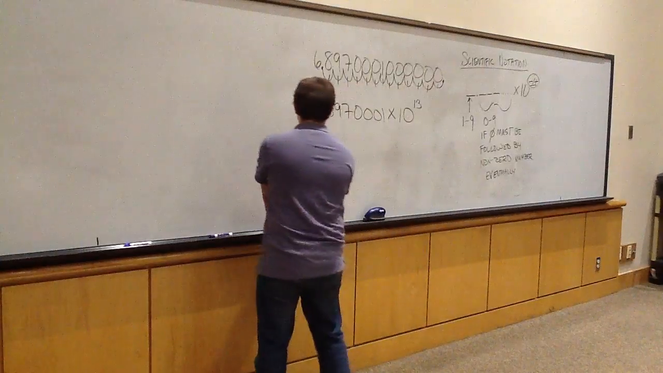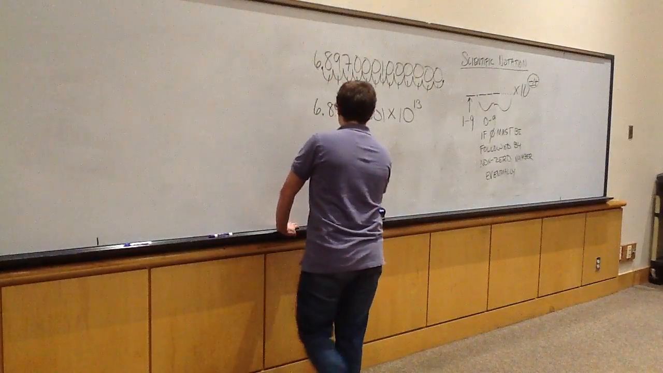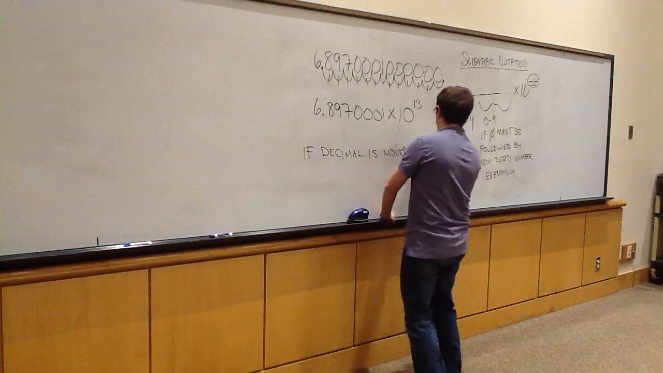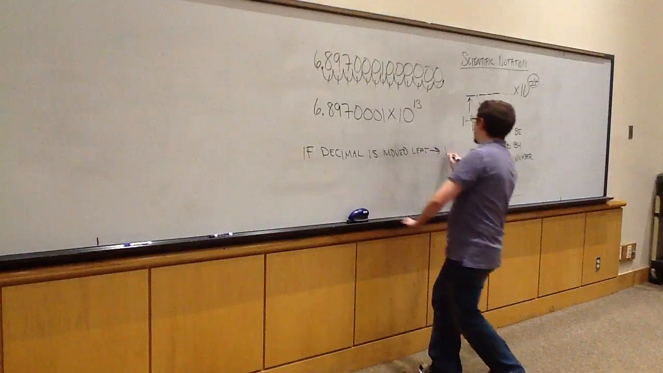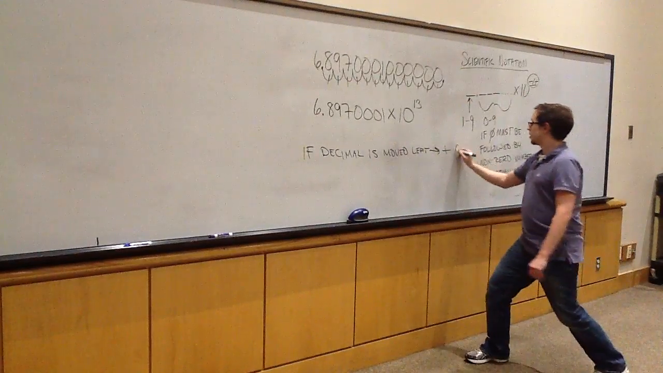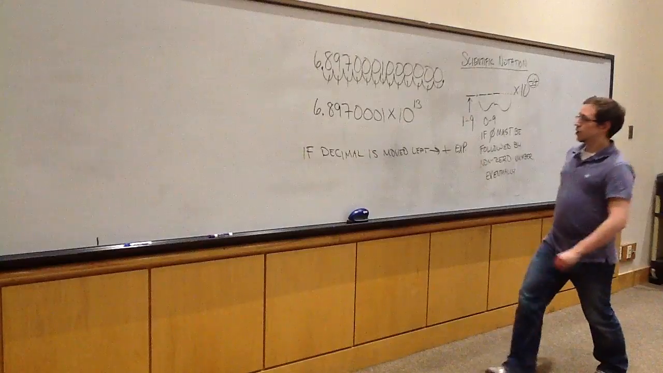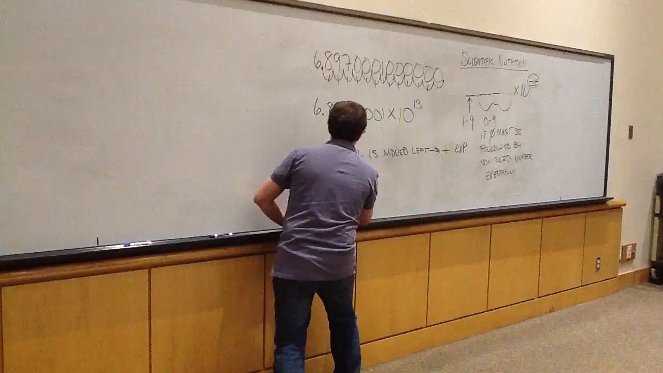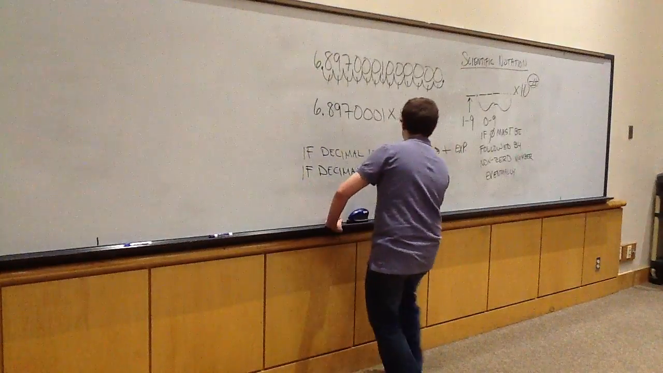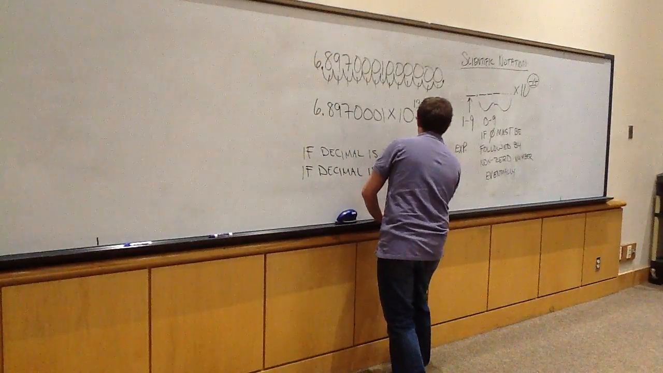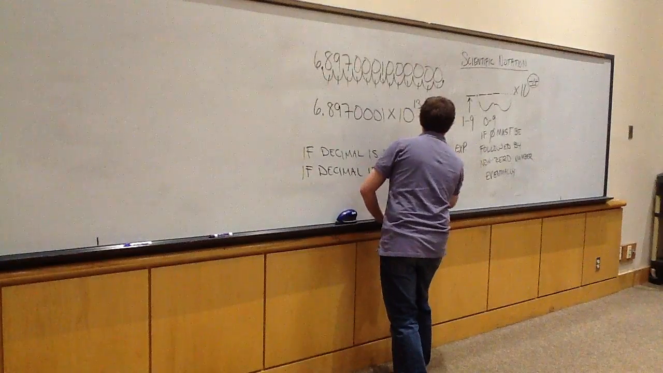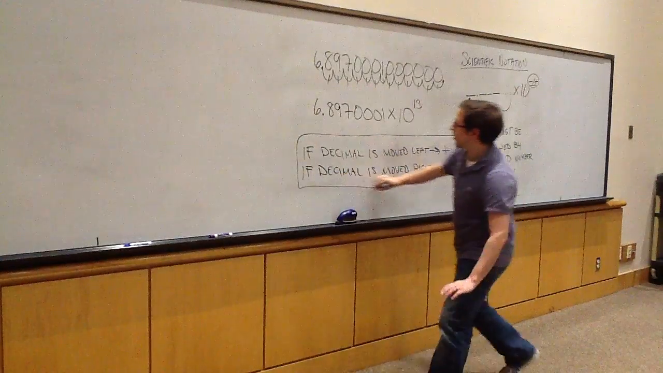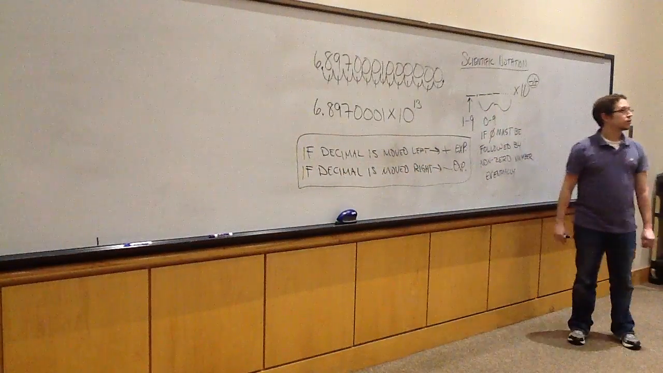So if the decimal is moved left, then you're going to get a positive exponent. Which means that if the decimal is moved to the right, you're going to get a negative exponent. Understand these two rules only apply to